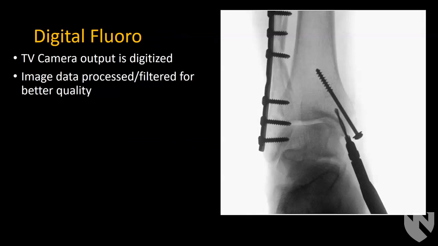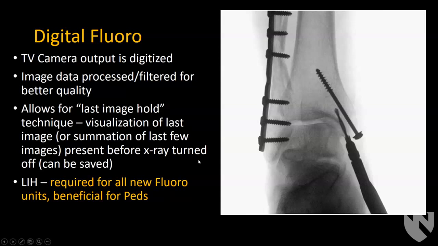Digital fluoro, so a TV camera output. Instead of really having a TV camera, it's just digital output from the detector, and the image data can be processed and filtered for better image quality, so the digital fluoro images look nicer. Also, this allows for the last image hold technique,